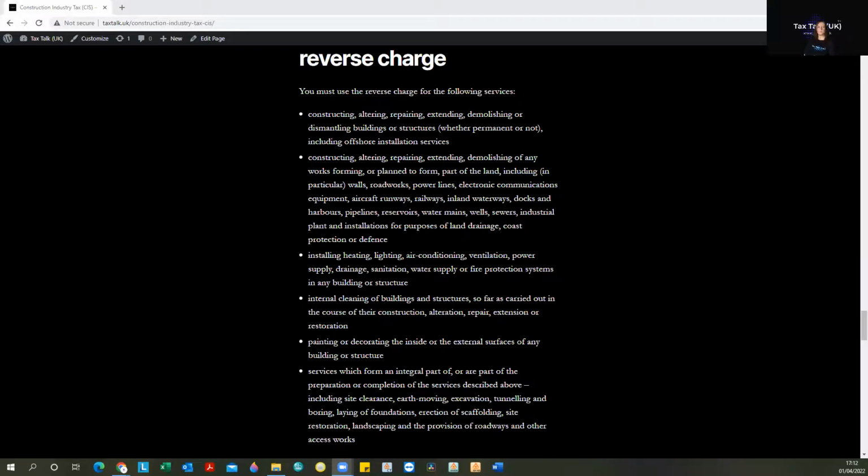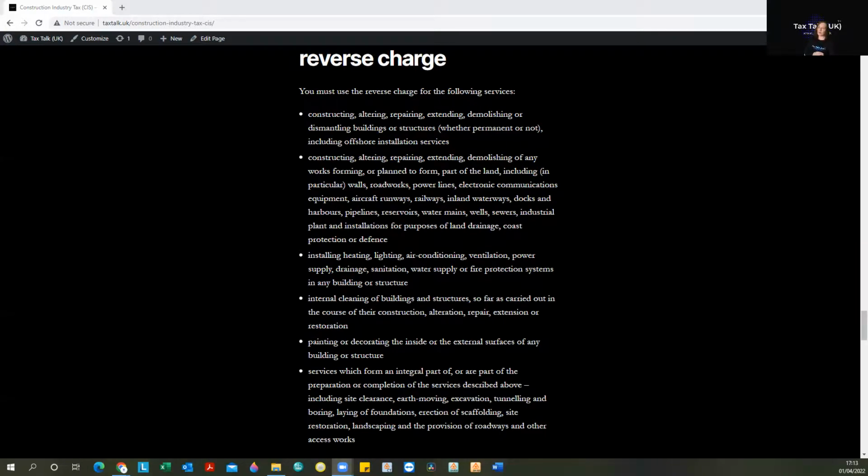So these are all the scenarios when you must use the reverse charge for VAT. Constructing, altering, repairing, extending, demolishing or dismantling buildings or structures, whether they're permanent or temporary, including offshore installation services, constructing, altering, repairing, extending, demolishing of any works forming or planned to form part of the land, including in particular